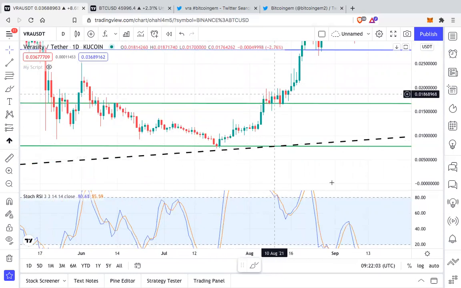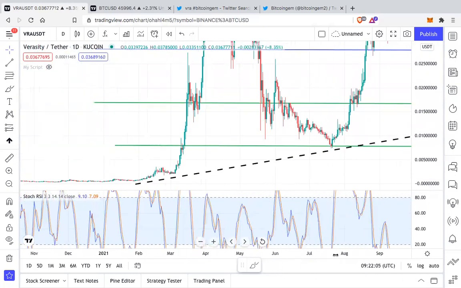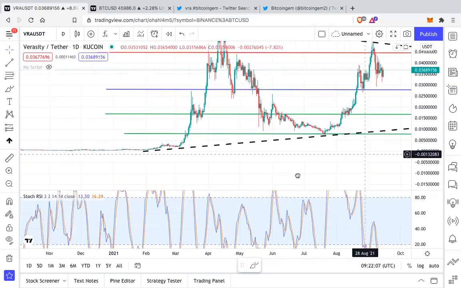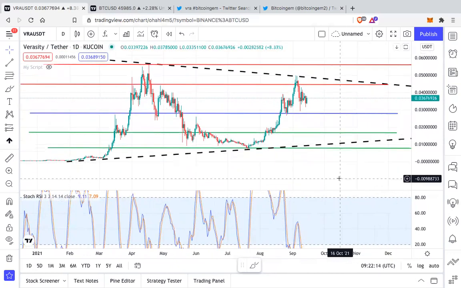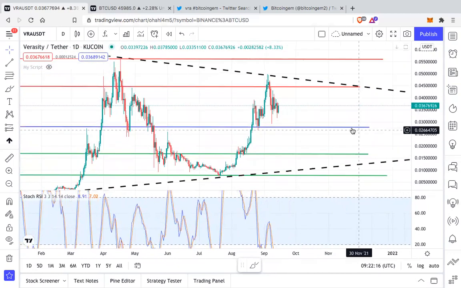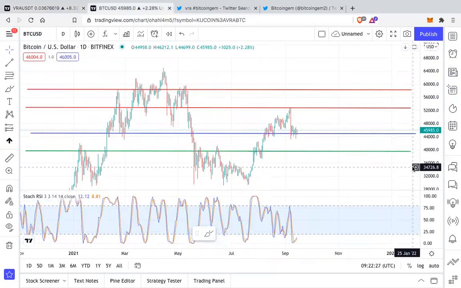This entire region is flipped into support, and it now is acting as a very big support. In fact, we are flipping this region also into support at 0.027. So overall picture for Verasity is very bullish. The only scenario where we can expect or see some sell-off is if Bitcoin corrects, and that's why